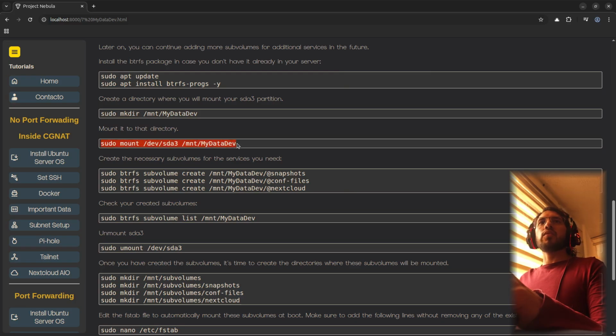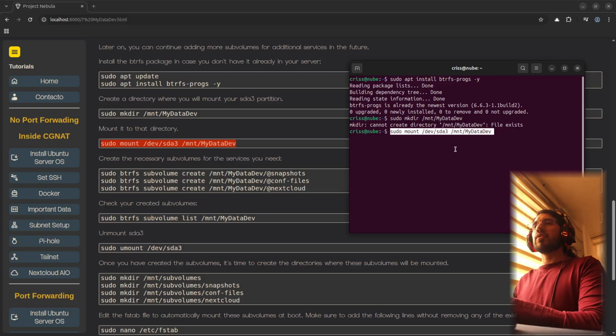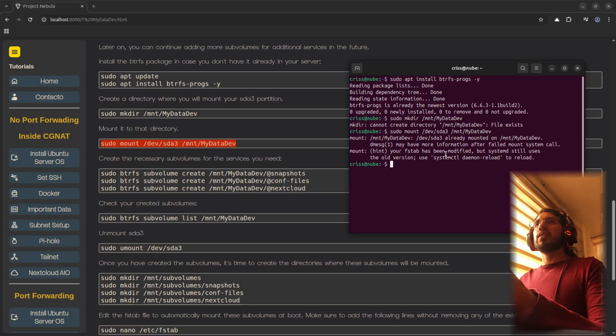And now we need to mount our sda3 partition in this directory. It's already mounted, but in case you don't have it, you can mount it with this